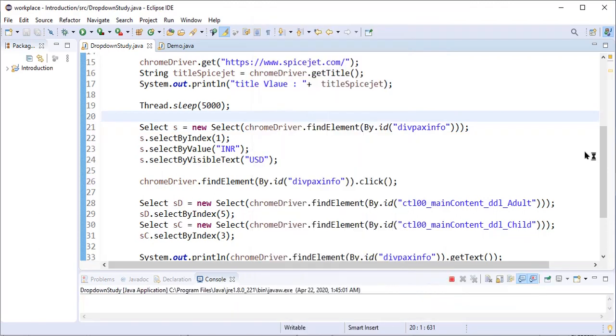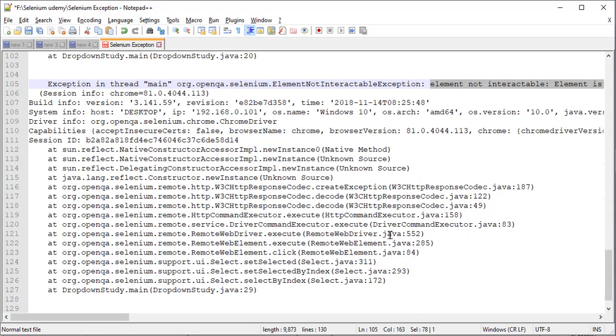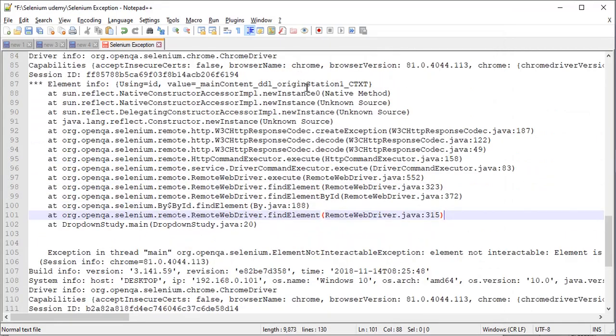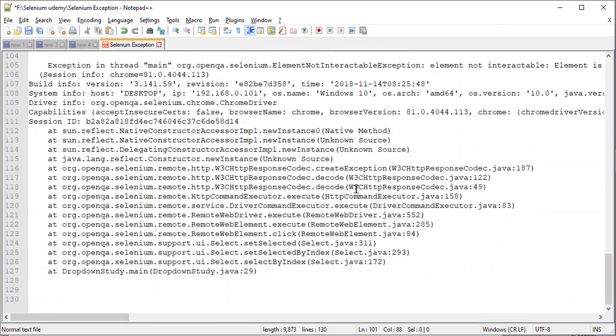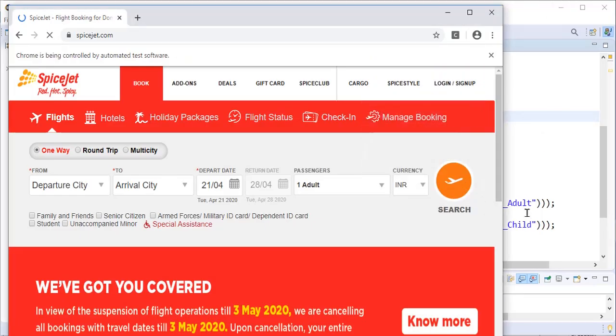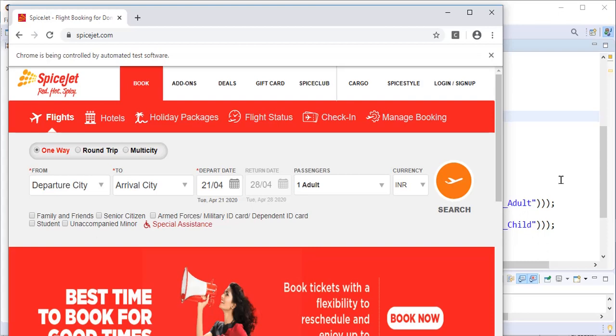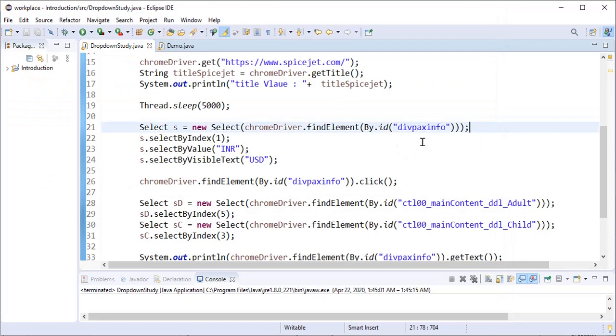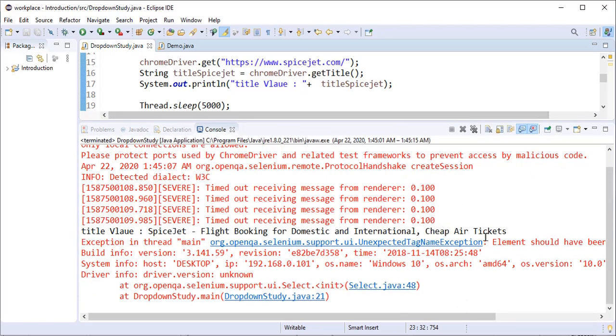To reproduce this exception, the unexpected tag name exception: the select tag is expecting a select element, but we are giving it a div.